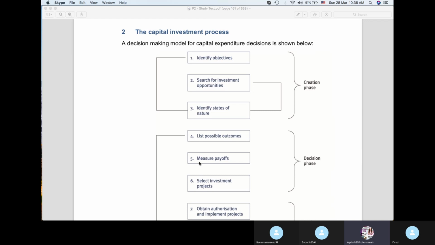They were in fertilizer initially, but they have expanded their business over the period, and they have diversified even their business in areas which are not related with their core business of fertilizers. Then once you have identified the objectives, the other objective could be like you are in a business, and you